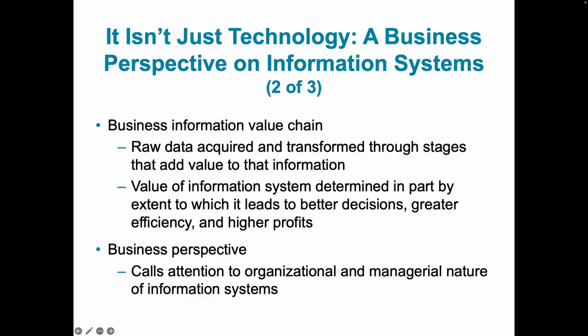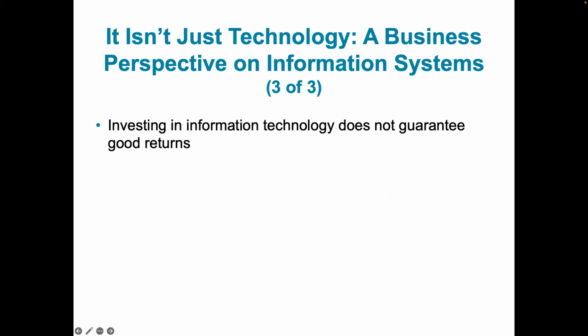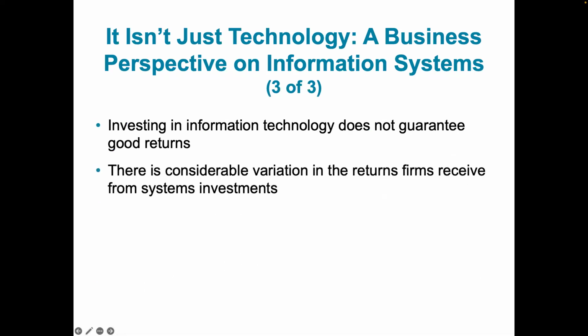We can look at the way information systems process data as some form of a chain, but we will call this the information value chain, because when raw data is inputted into a system, it doesn't come out the way it was. It will come out in a more meaningful and more useful form. So anytime we are talking about information systems, this is the perspective we would adopt. Then we are also arguing that investing in information technology does not guarantee that you make a profit. It's not a guarantee.